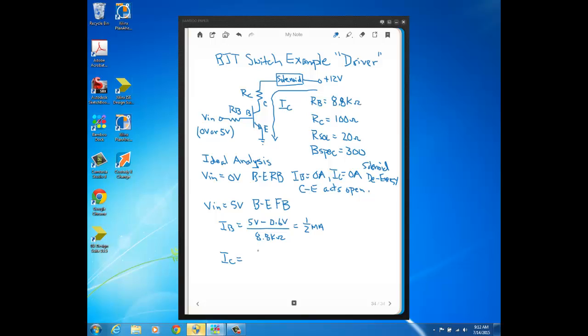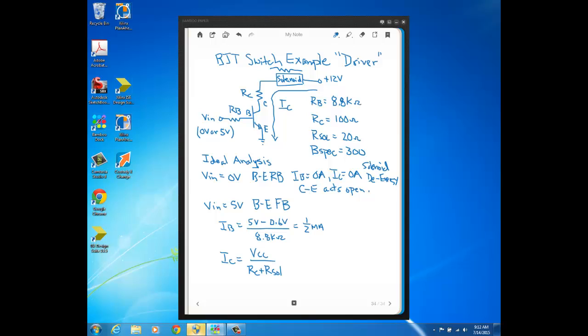So you see it's just going to be VCC divided by RC plus the resistance of the solenoid. So for analysis purposes, you're just treating this solenoid as a 20 ohm resistor. Okay,